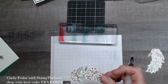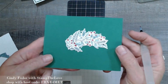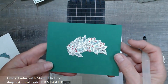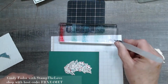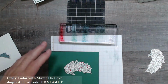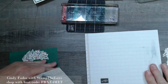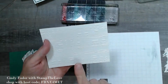I'm just going to try to put it on here so that we can get a good little picture of the different colors. Hopefully you can see that. Green is hard. Green's usually hard to visualize on camera, but actually on my computer it looks not terrible. So thank goodness. Oftentimes it looks blue instead of green. Okay, I do want to show you a couple other, the rest of this card, just because it's so pretty. I did copy this idea mostly from somebody on a demonstrator planning place, I think, but we all love the